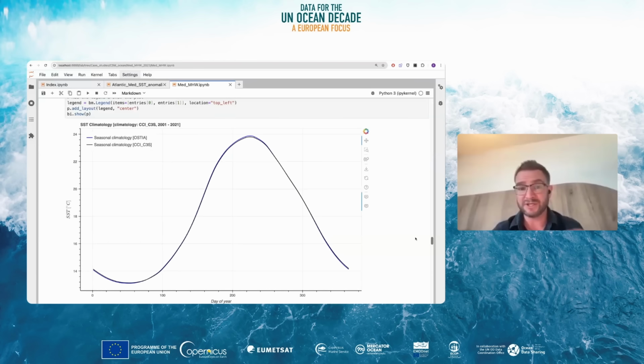So the first thing we're going to do is look at the climatology we've defined for both of our sea surface temperature data sets. So we have the OSTIA one in the blue and the CCI C3S one in the black. And this is, again, this interactive plotting approach, and we can actually see where they slightly differ through the year. They have slightly different ingested data, slightly different sea surface temperature definitions. So you can see they show a slight difference, but not anything too dramatic. And given the size of the heat waves we're going to be looking at, not anything that's going to really influence our analysis too much at this time.